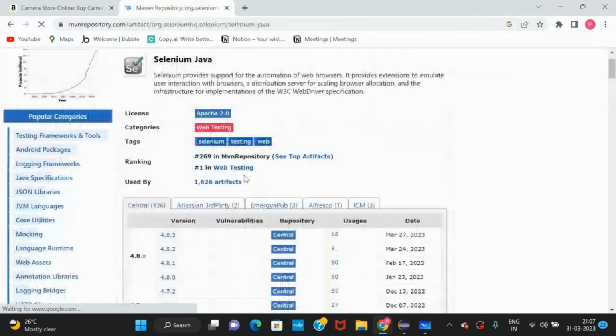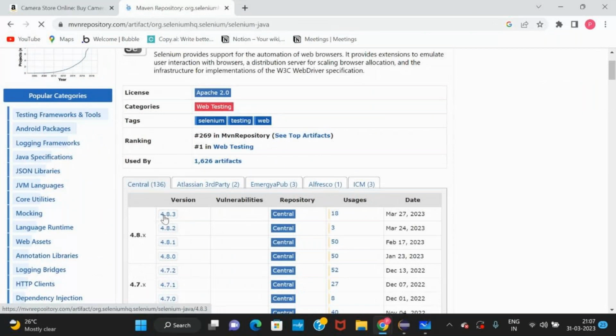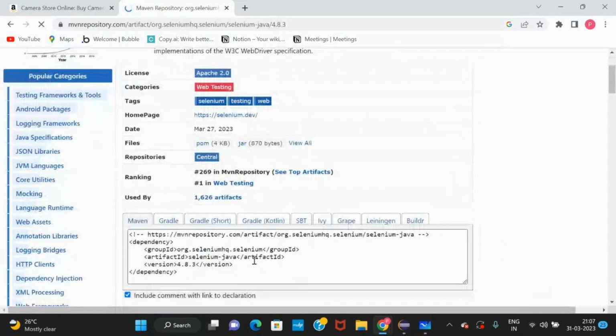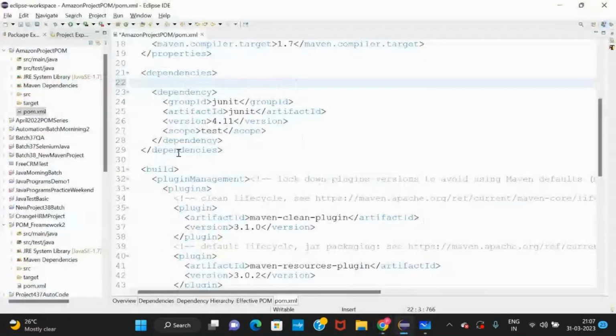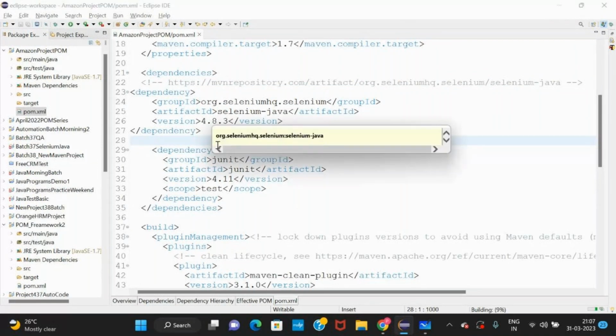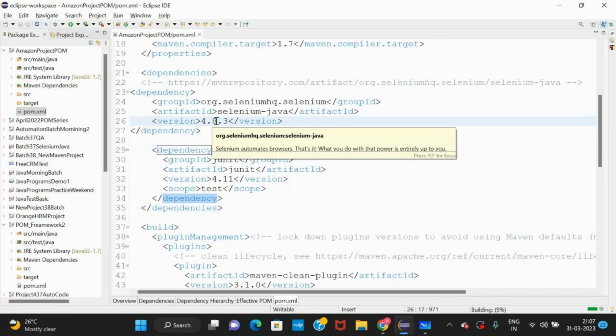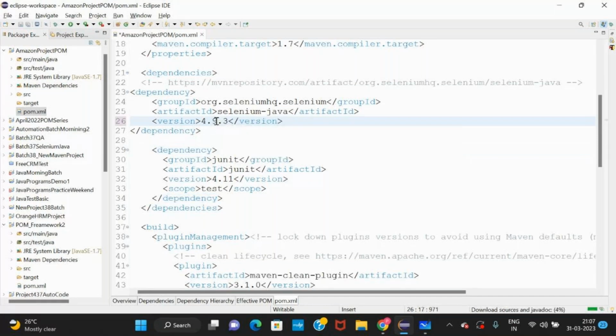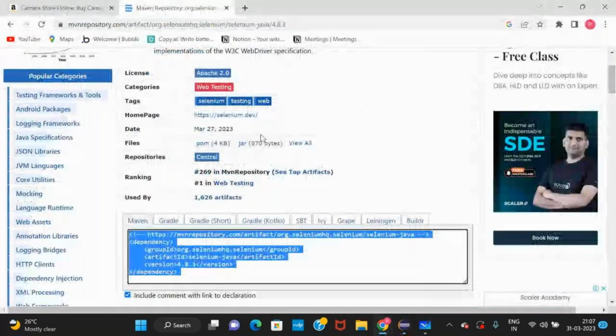In a project, we don't need to add all this, because the project will already have the dependencies. Once you join a project, maybe this setup is available. Selenium we added. If you want the next release, say 4.9, how can you update to 4.9? You just change it to 9 here. If tomorrow there is a 4.9 release, we will just change it, and automatically it will be downloaded and configured. See, on the right side there is progress, downloading the Selenium server for the project. Okay, Maven dependency is done.